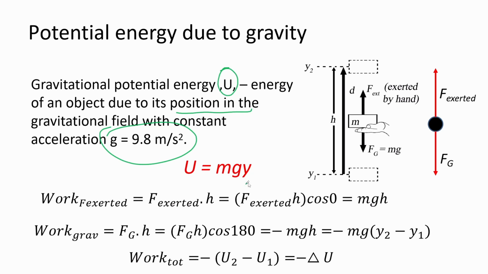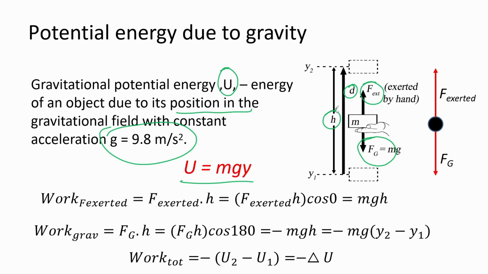So the potential energy expression here is equal to mgy. Look at the figure. The mass moves upward. When you move it upward, the force exerted counters the force by the gravitational field, which points downward. The displacement is upward, because you lifted it. We lift it to a height h. The d and h are the same, measured from the bottom. Actually, d is the distance.